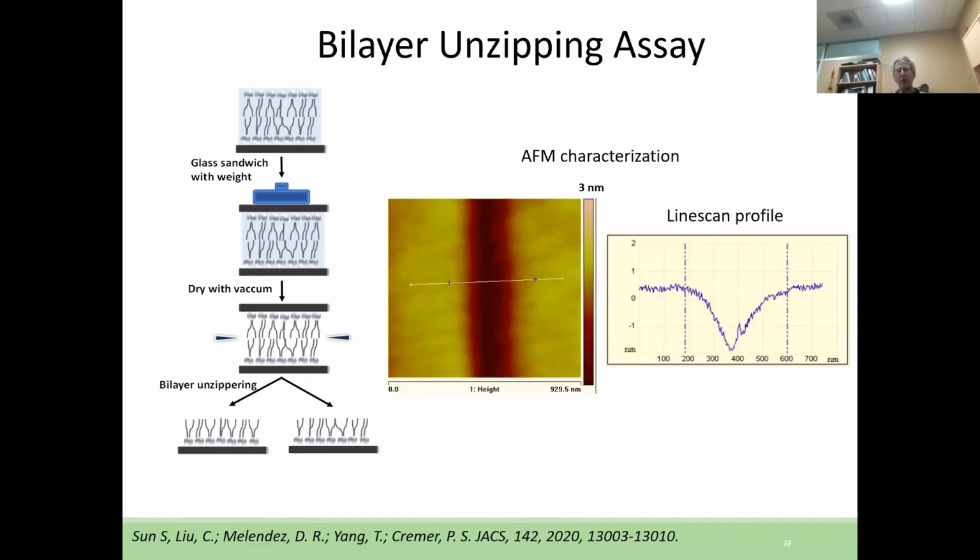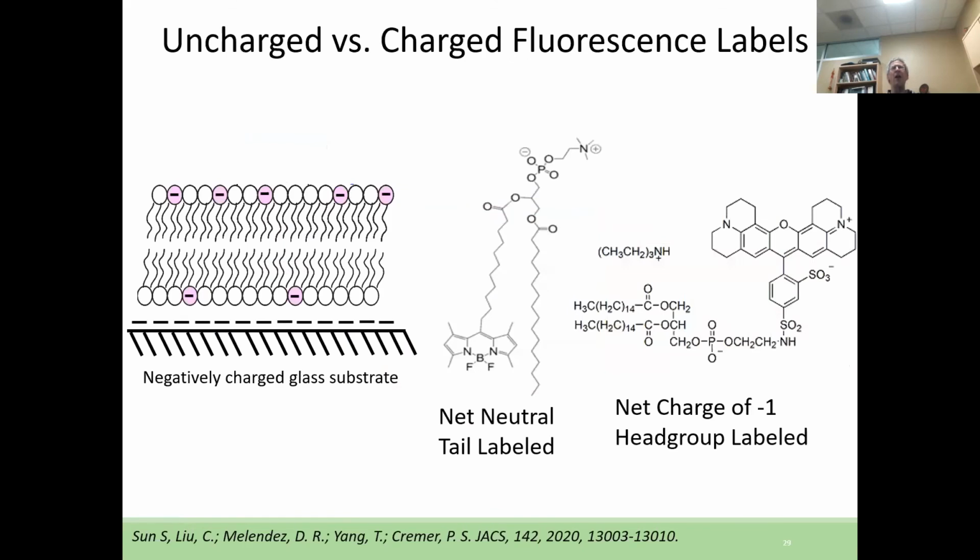We're right now trying to go back and figure out the underlying mechanism for how this particular assay works, which we'll have out in a paper soon. But one of the first things Simu-san wanted to do once we made this assay is that there were long running questions in the literature. If you finally have a new analytical assay that can tell you what's in the lower leaflet versus the upper leaflet, one of the burning questions in the literature is, gee, if you have a neutral lipid,